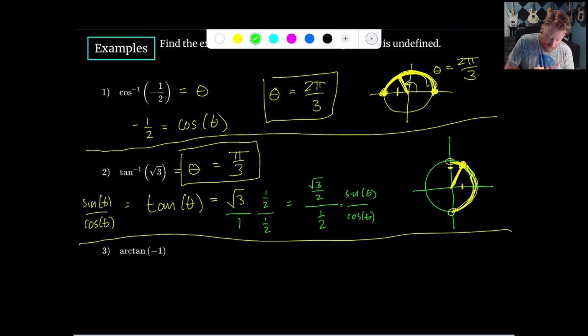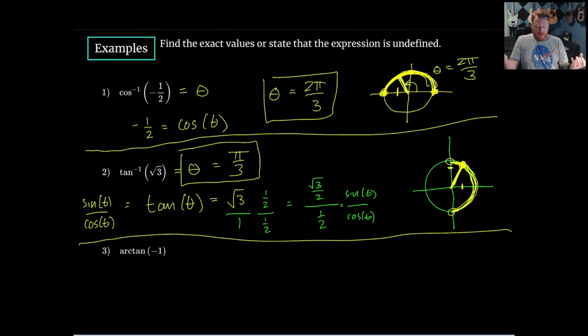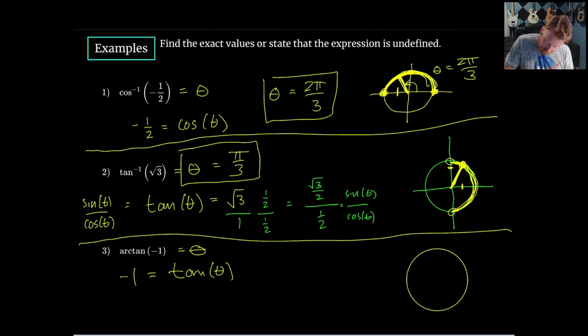Okay. All right, let's take a look at this last one, arctan of -1. Now, I do know what angle will give me a tangent of -1. So let's just kind of build that intuition here. We know that the arctangent is going to give me some angle theta, which tells me that if I take the tangent of both sides, I'm looking for some angle that the tangent is -1. And if I think about building my circle here,